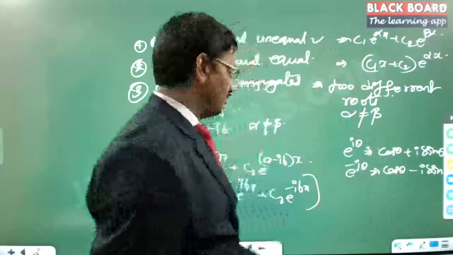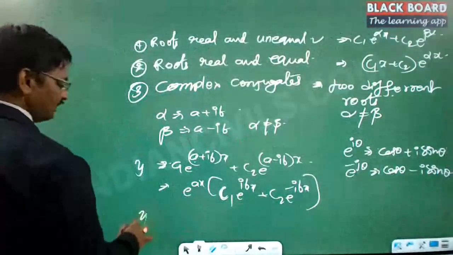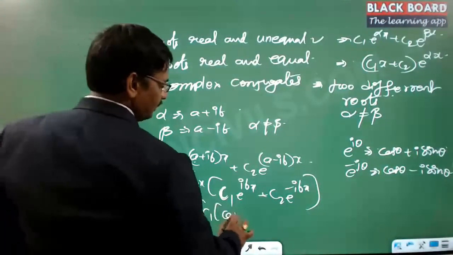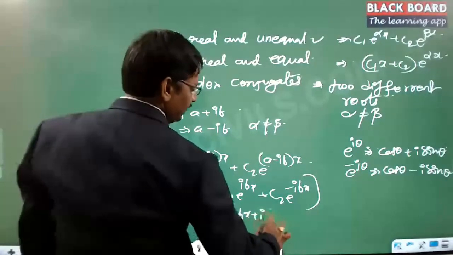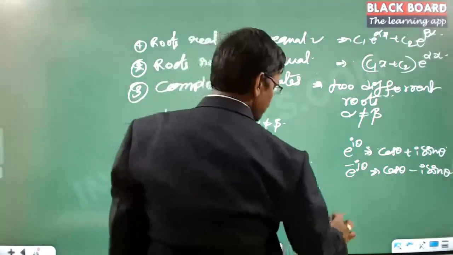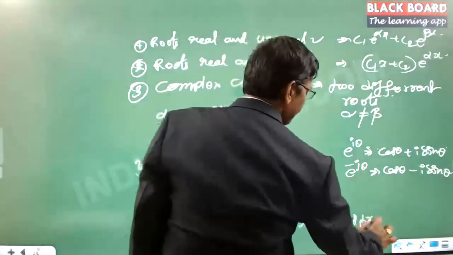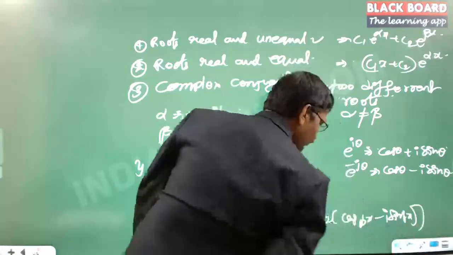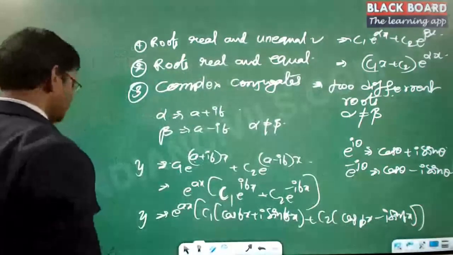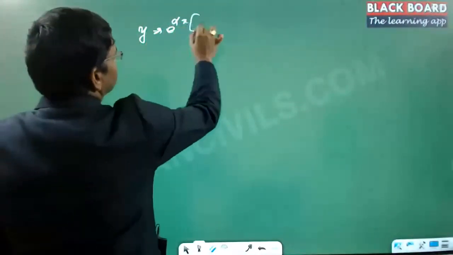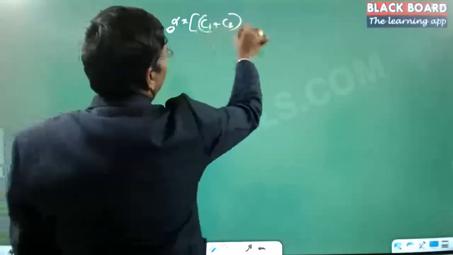So these values we can simply replace here. y is equal to e power ax into c1 (cos bx plus i sin bx) plus c2 (cos bx minus i sin bx). Right? And if you further simplify it, y is equal to e power alpha x [(c1 plus c2) cos bx